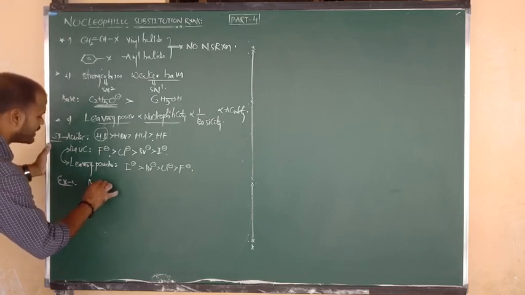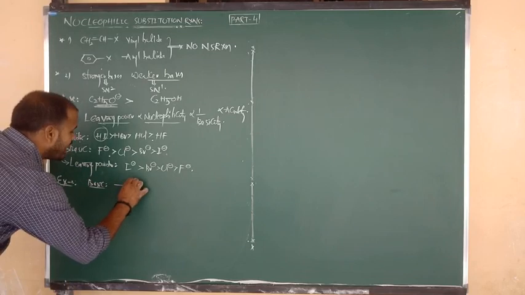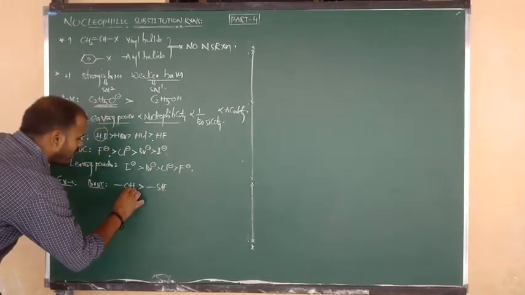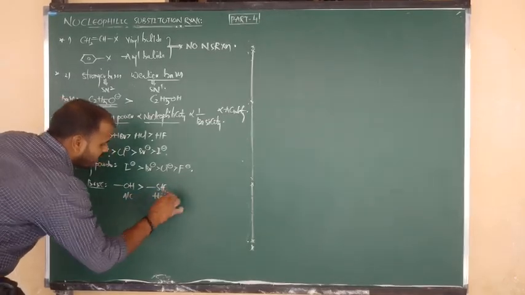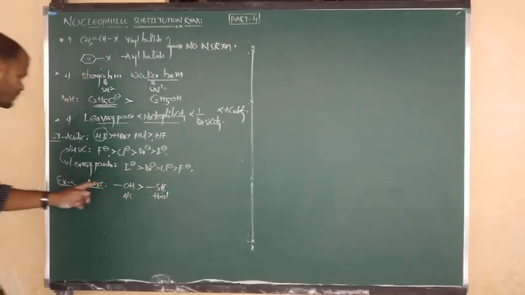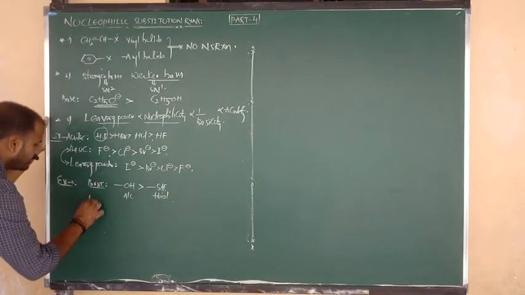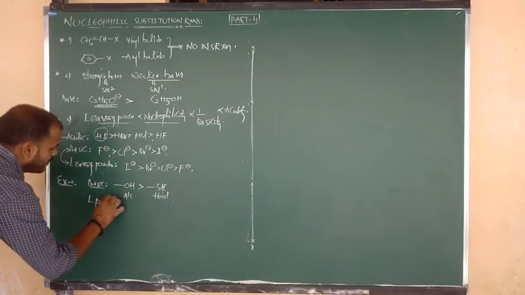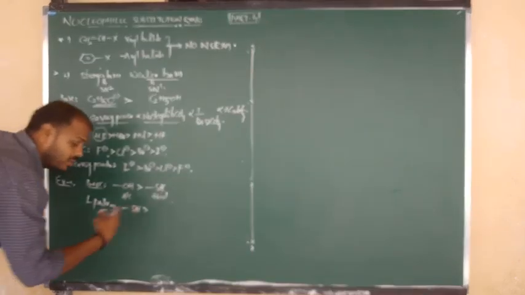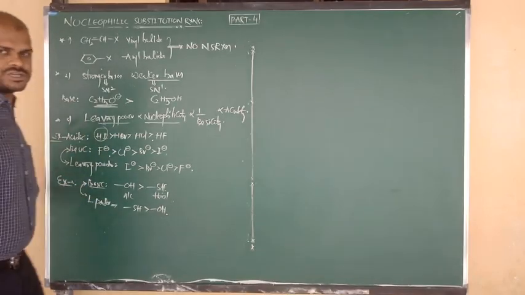Here I am going to show you an example directly on basic nature. Alcohols have more basic nature as compared to thiols. This is the formula of alcohol, and this is the formula of thiol. So which has more basic nature? Alcohol as compared to thiol. So this is the order of basic nature. So between alcohol and thiol, which is the better leaving group? Reverse. So the leaving power of alcohol, we have to say that thiol is a better leaving nucleophile as compared to OH. So we have to consider the reverse relation.